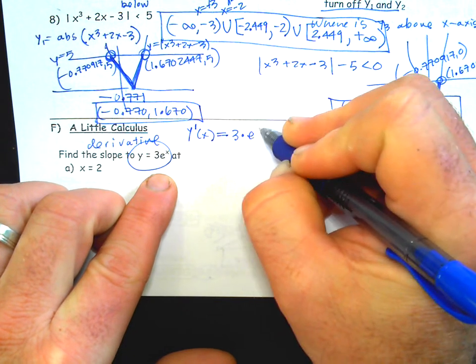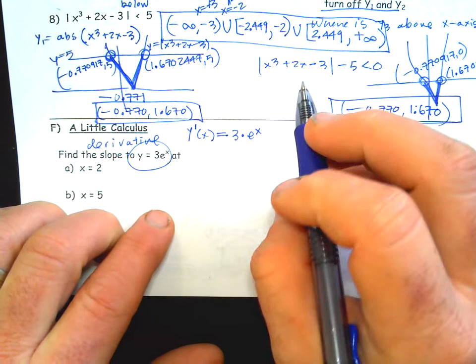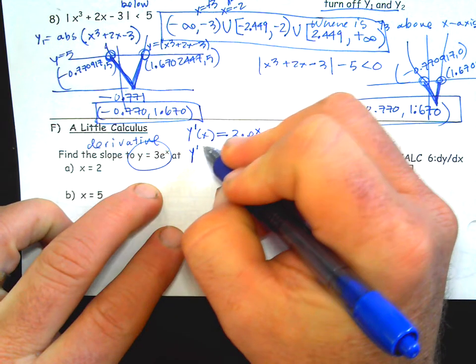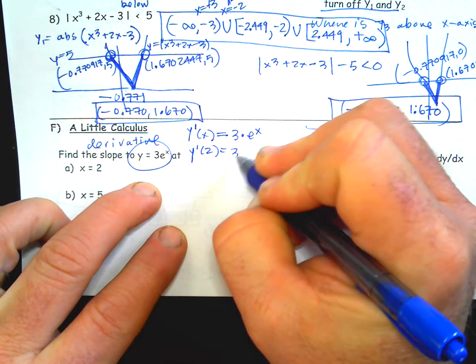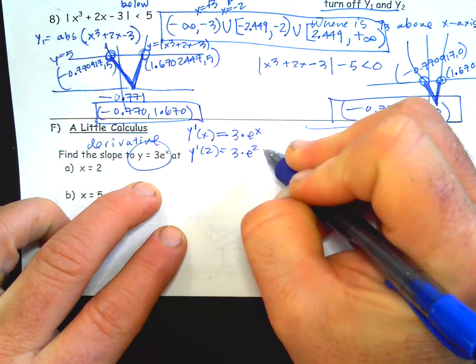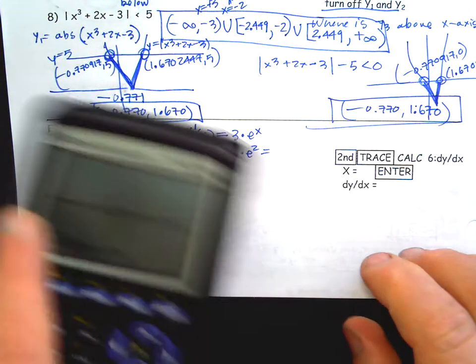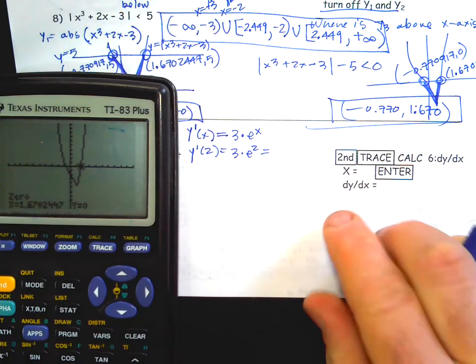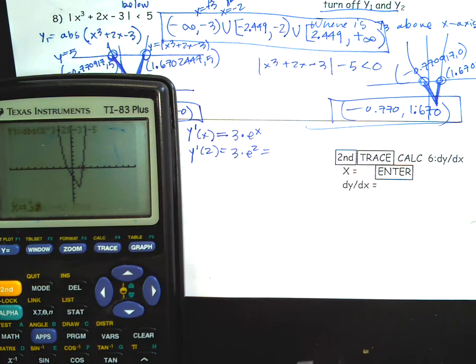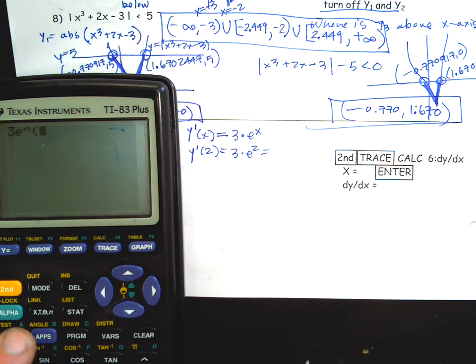It's actually the same function. So then if you want the derivative at 2, you plug 2 in. Now, if you've never seen this before, don't worry about it. I'm going to be going through the basics of it in much more detail later on. So we could just type it in on our calculator, 3e to the x. If we know how to do it by hand, which you guys necessarily don't yet,